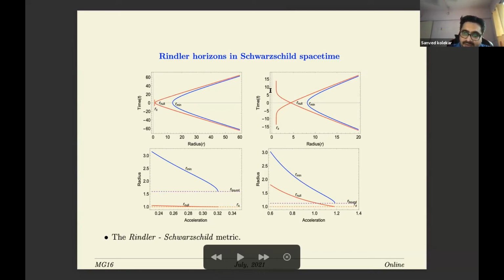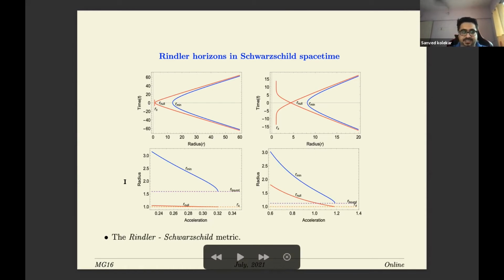And the gray line which you see over here is the Schwarzschild event horizon. So there comes a particular point beyond which, if you try to increase the acceleration, this bifurcation point goes and hits the event horizon first. But the r minimum has not reached all the way to the bifurcation, unlike the flat spacetime case in the Schwarzschild geometry. Hence you can think that the bounds exist because the bifurcation point hits the event horizon first. Here I have shown it for two different h.